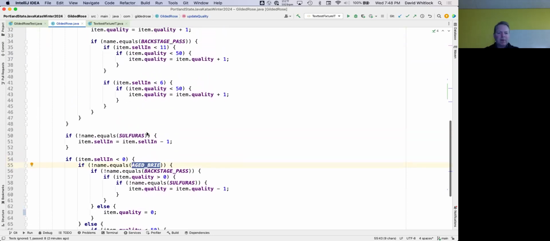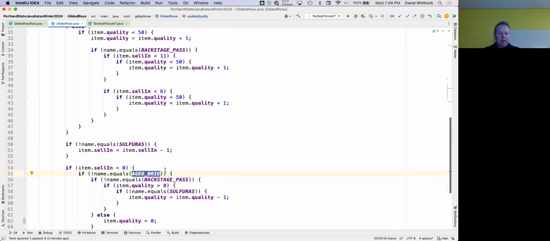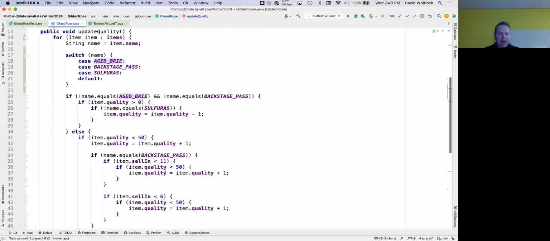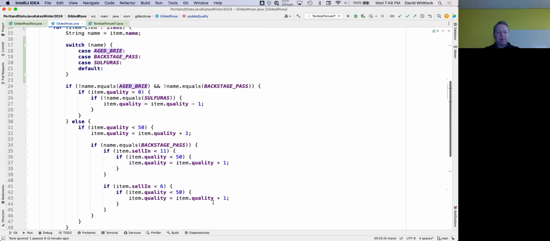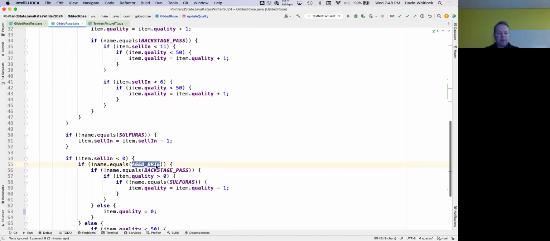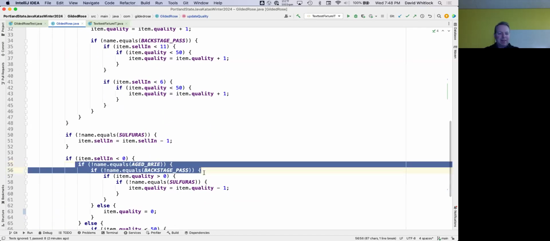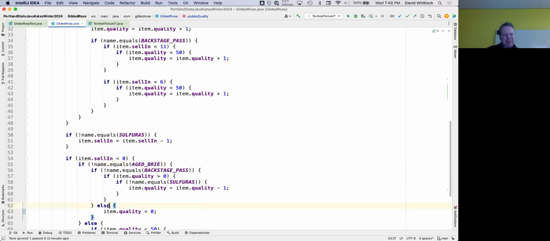Oh, wait a second, though. This is not aged brie, not backstage pass, and this is the same thing. Not aged brie and not no, and not are these the same? Is this logic the same? Because isn't that an and statement essentially? Oh, but then it's got this other else down here, so it's not exactly the same. Well, actually, you know what? Hey, let's give it a try. If we replace this with